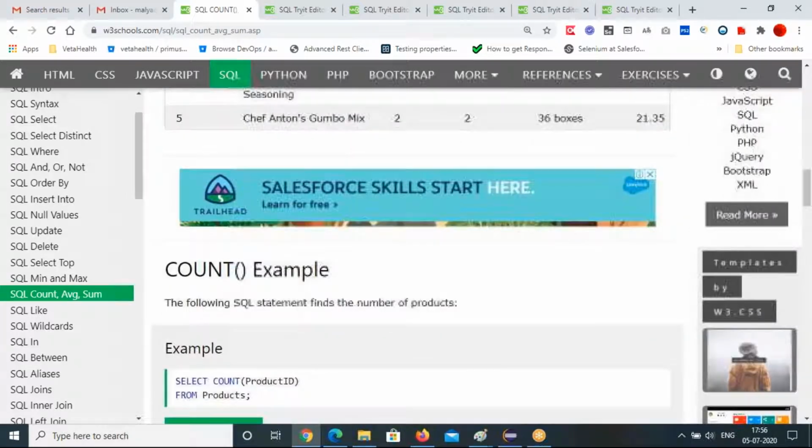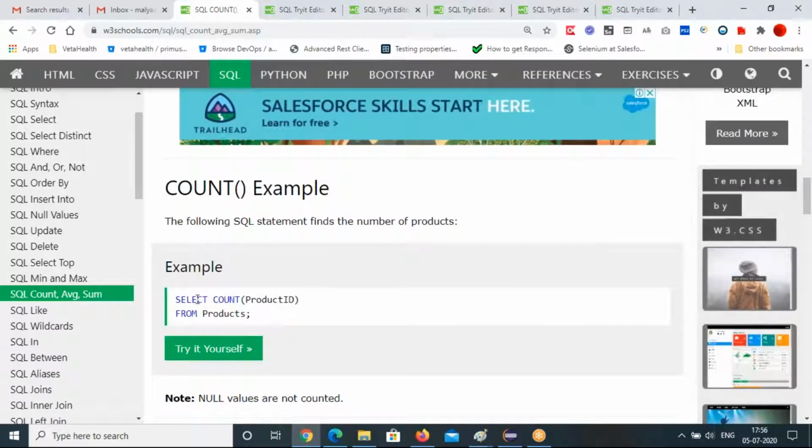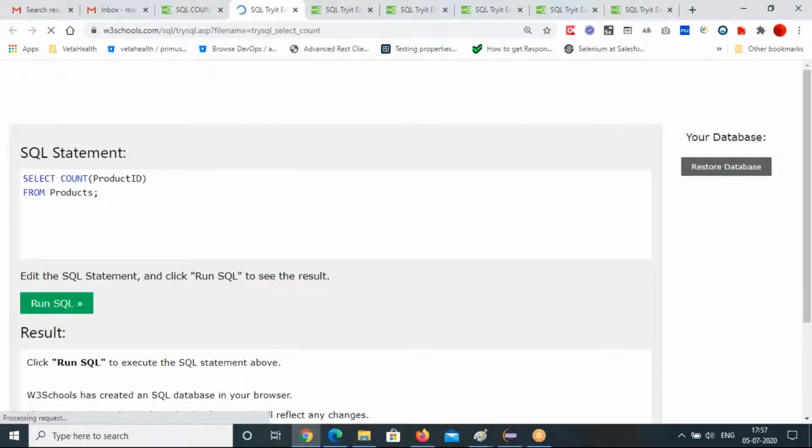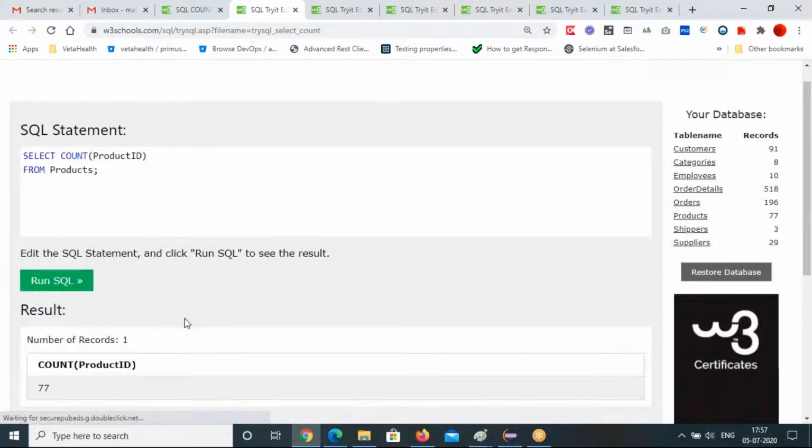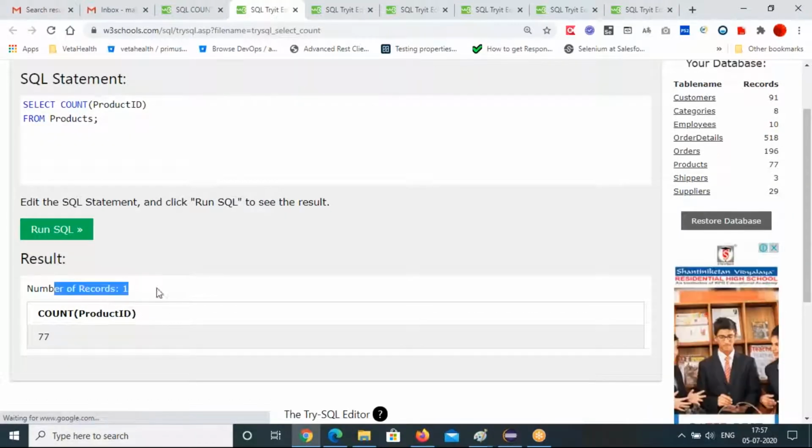Let's try this count. Select count product ID from products table. See, number of records: 1. Count is total 77.